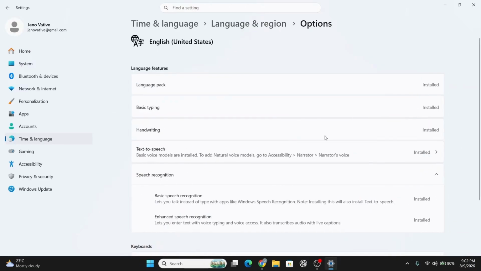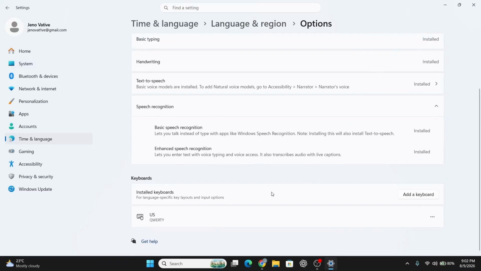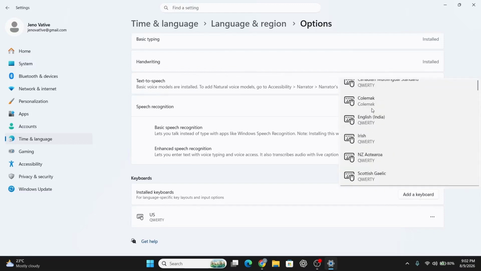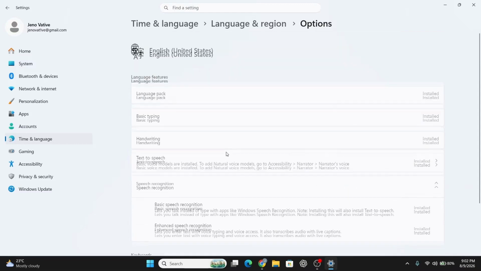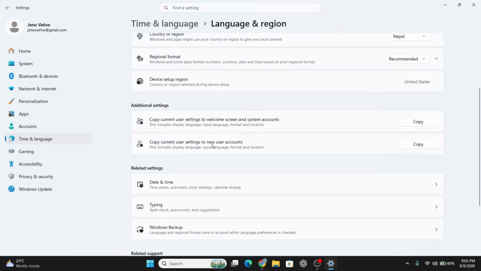Following this, scroll down to the Keyboard section and make sure you have more than one layout added. Once done, click on Add a Keyboard if you need to add another layout to switch between. From here, go back to the main language and region page, then click on Advanced Keyboard Settings, usually found nearby